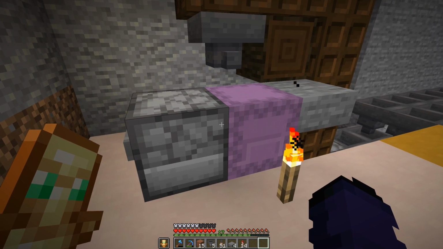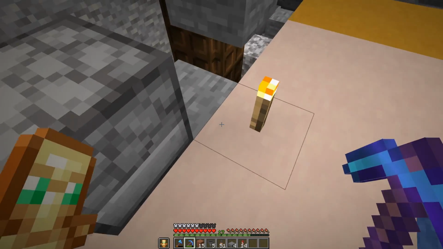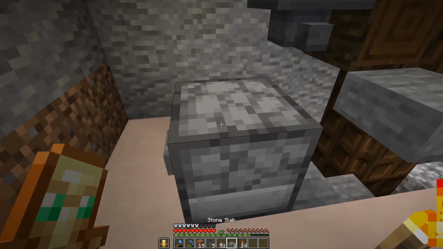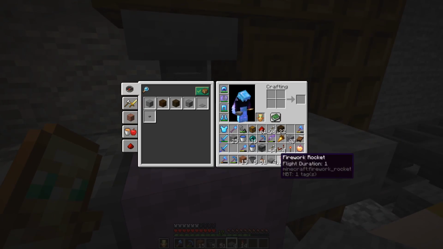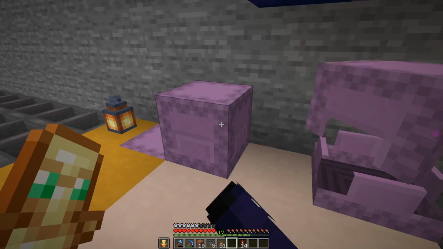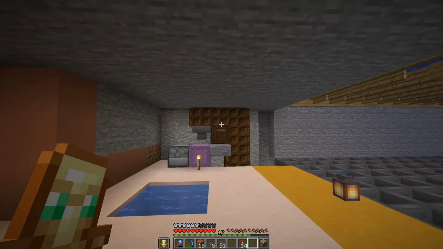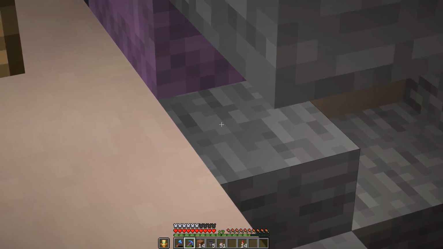There! Yes! I'm a genius! These are all such basic things that I need to know, so it's really good that we're doing this. Please tell me it still works. Yes, okay, and now we need our piston. To break it, we need a piston going directly above it. And there we go. The piston will shove it down and the shulker box will hit it,